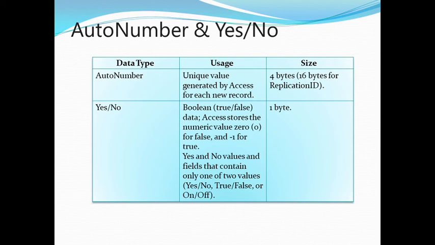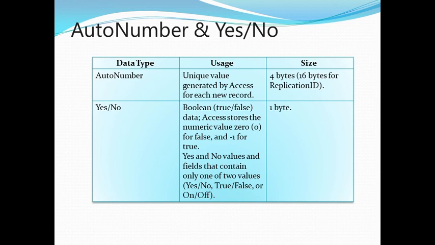Fine. Now next is auto number. Now see, what is the use of this auto number? This auto number field generates a sequential number. When I talk about sequential, I mean 1, 2, 3, 4. It's a sequence. Whenever you enter a new record in a table, it automatically generates a new number and the user cannot change that particular number. It stores the data as a 4 byte value.